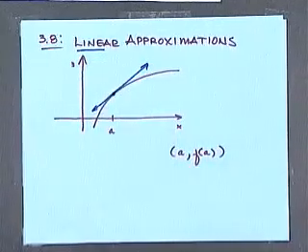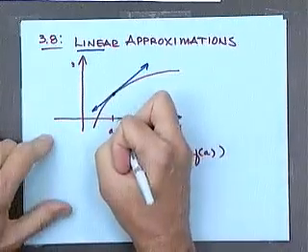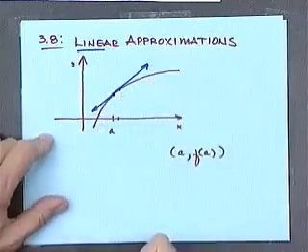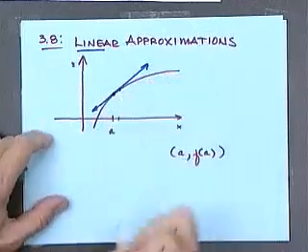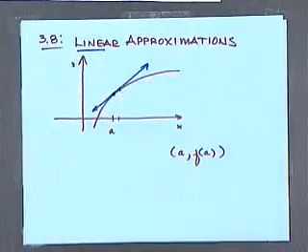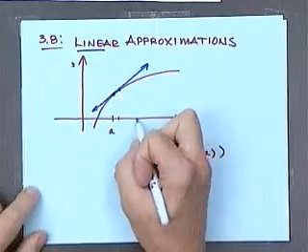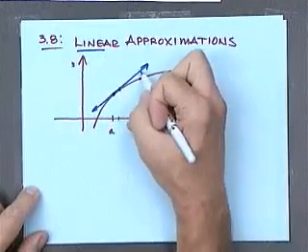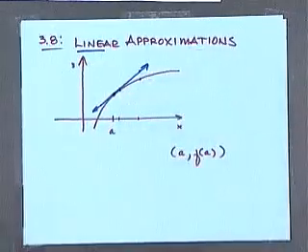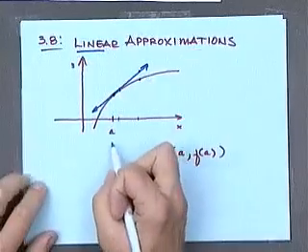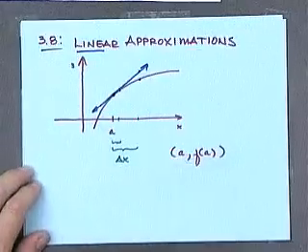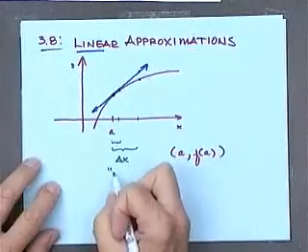For example, if we are concerned about the y value right here on the curve, it's not a whole lot different from the y value along the tangent to the curve. But as I get further out here, there's a significant difference between the curve itself and the line that's tangent to the curve. So we want our change in x, this distance, this delta x value, to be